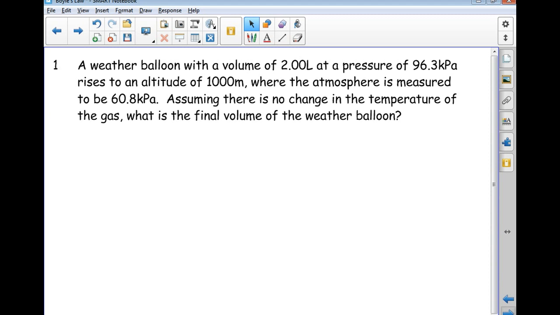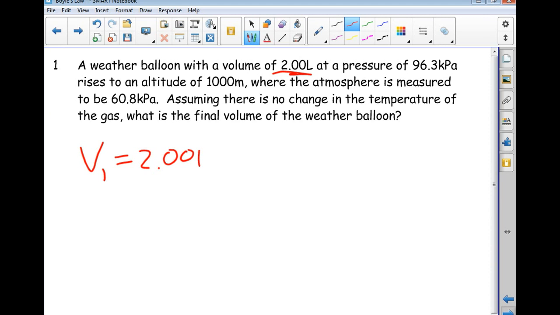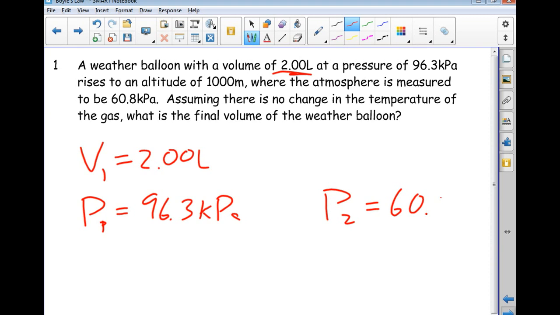First thing we're going to do, we're going to list down what we know and what we want to find out. We know that we've got an initial volume of 2.00 liters. And we know the initial pressure is equal to 96.3 kilopascals. Now we go to the higher altitude. At the higher altitude, we've got a decreased pressure. And much like my iPhone weather balloon that starts to increase outwards,